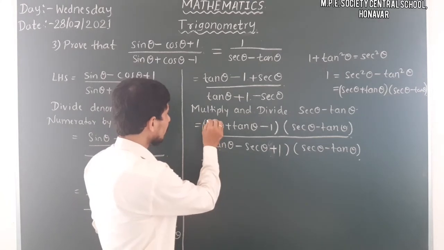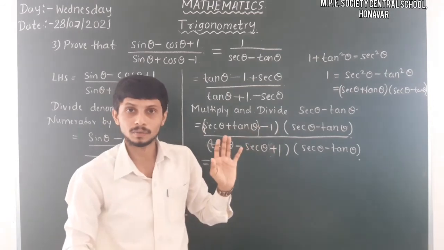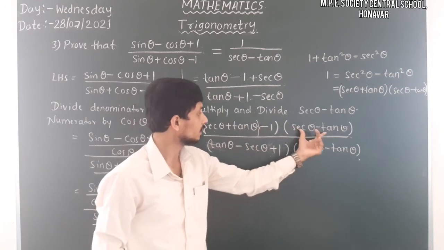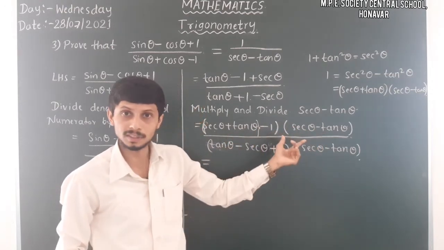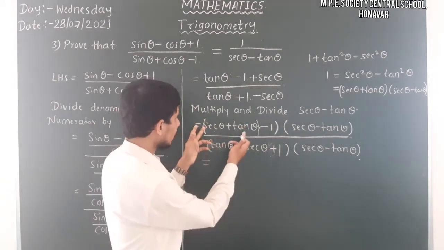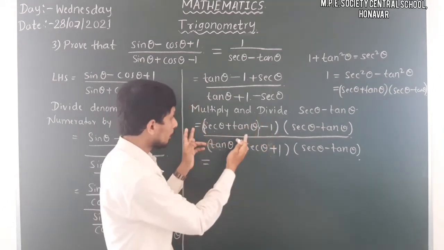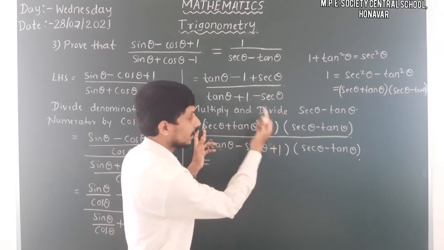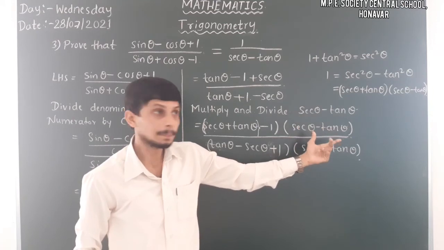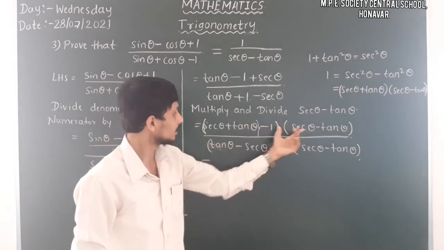So that's why better we will divide this into two parts. Secant theta plus tan theta minus 1, multiply secant theta minus tan theta to this one, minus secant theta. So if you have two terms here, you have to multiply this term with both the terms. It means here I just split this complete term into two parts. One is this secant theta plus tan theta minus 1. If this is a binomial, this is a monomial. So we are multiplying this monomial into each term in the binomial. So we can easily multiply.